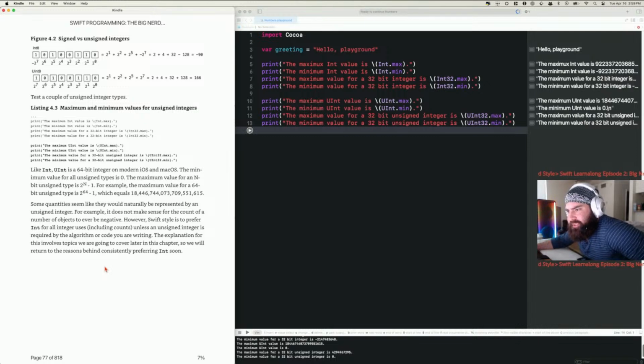Like Int, UInt is a 64-bit integer on modern iOS and macOS. The minimum value for all unsigned types is 0. The maximum value for n-bit unsigned types is 2 to the n minus 1. For example, the maximum value of a 64-bit unsigned type is 2 to the 64 minus 1, which equals a big ass number. Some quantities seem like they would naturally be represented by an unsigned integer. For example, it does not make sense for the count of a number of objects to ever be negative. Yep. However, Swift style